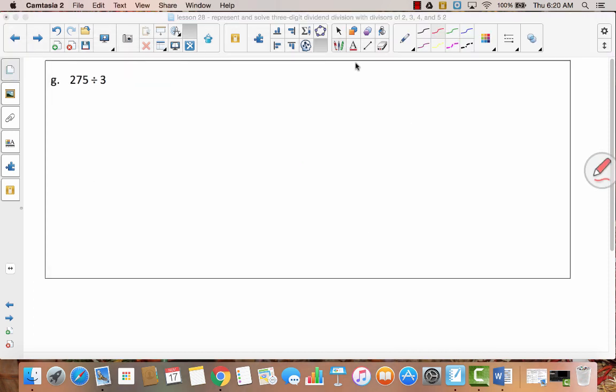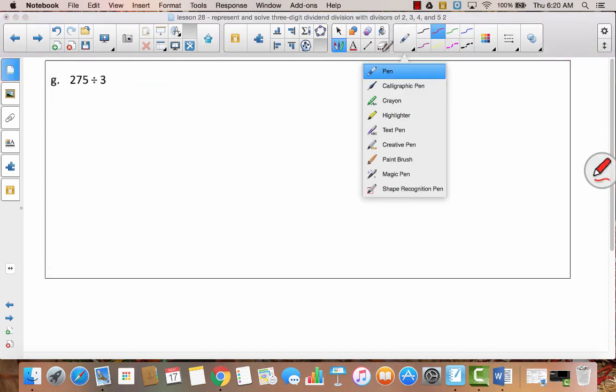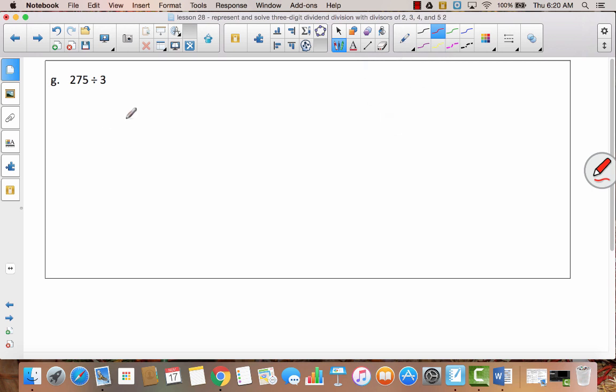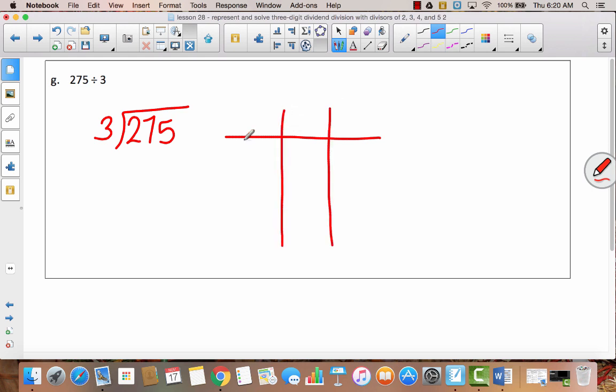Okay, so problem G is a little bit different. You had a problem like this in Zearn, and I want to walk through this one with you because we have 275 divided by 3. I'm going to draw a place value chart over here. You don't have to, but I just want you to look at it. So I have hundreds, tens, and ones. I have 2 hundreds, 7 tens,